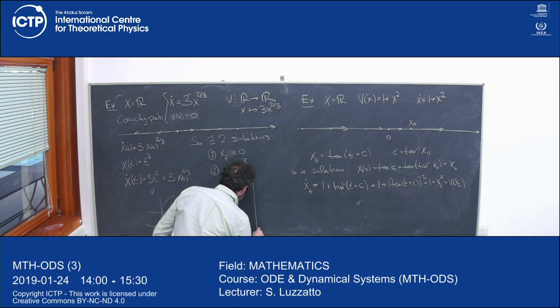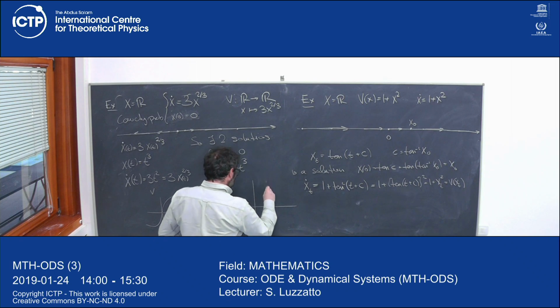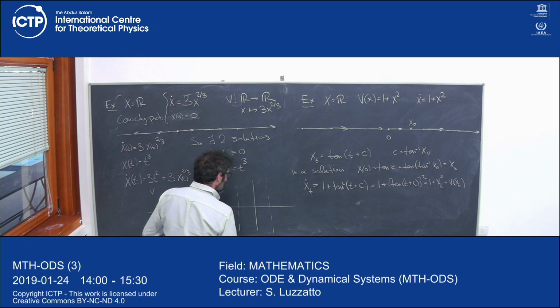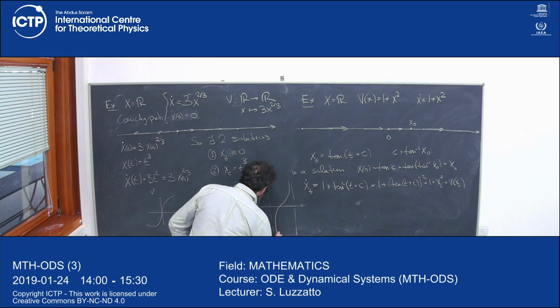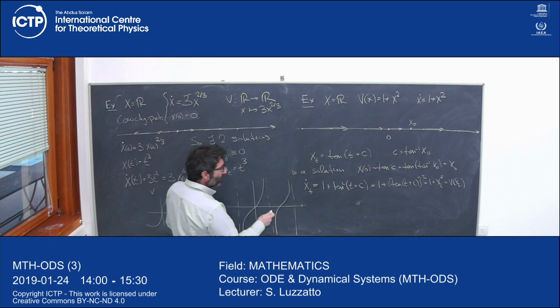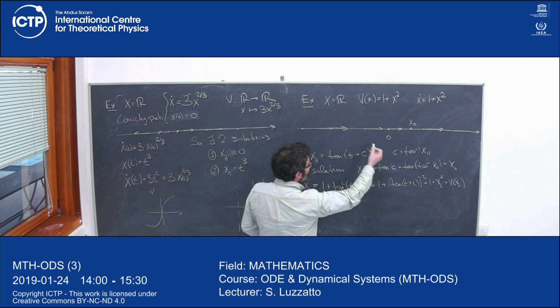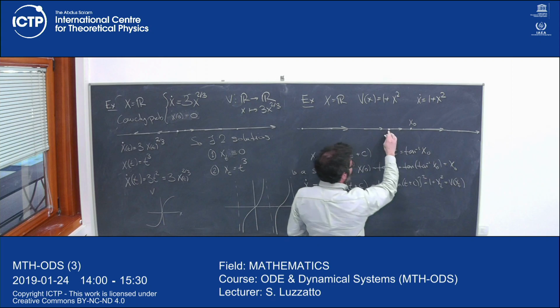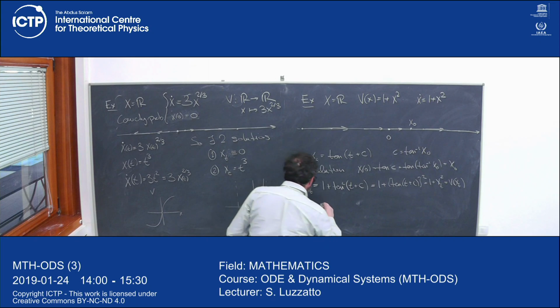Between minus pi over 2 and pi over 2, something like this, I think, right? And then it repeats. But the point is that we're only really interested in this part, because it depends on c. Let's pretend for the moment that, to simplify, we take x0 equals 0. Okay, and then we just take x of t. So for c equals 0,